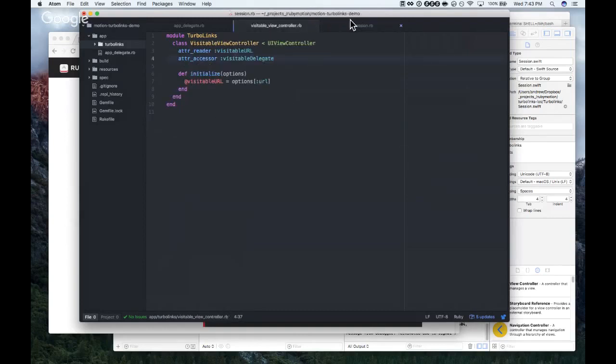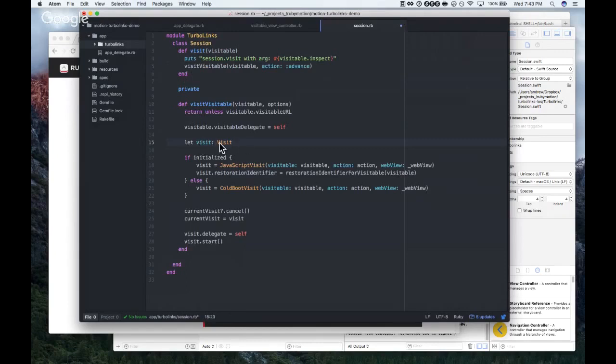Now, this let visit : visit, I think means define a variable called visit and initialize a new object of type visit. Yes, of type. It's just declaring the type. The let. I guess it's an optional. I think it's mutable is what that means. No, var is mutable.